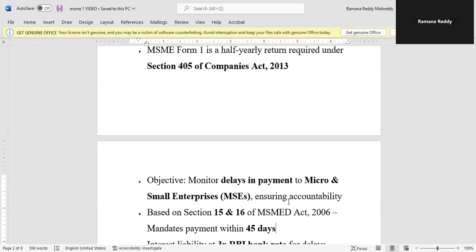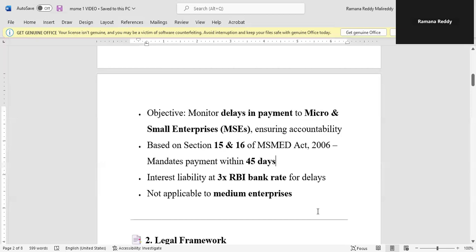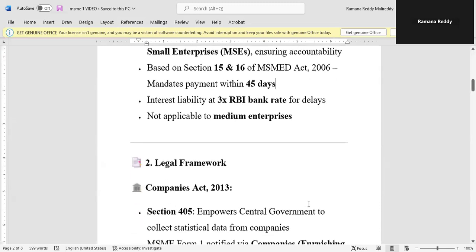Sections 15 and 16 of the MSMED Act 2006 mandate payment within 45 days, and if delayed, there is interest liability of 3 times the RBI bank rate. Not applicable to medium enterprises. So MSME Form 1 is not applicable to medium enterprises.